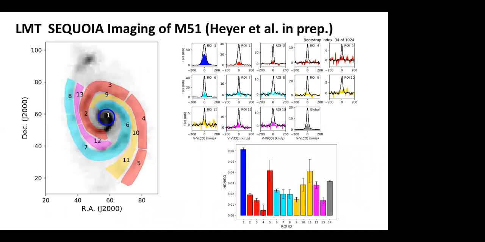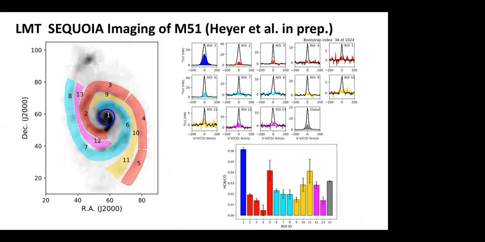Here, what Mark Heyer, who was leading this project, is doing is looking at the ratio between the dense gas, meaning density of 10 to the 4 and above, to more diffuse molecular gas with density of 10 to the 2 to 10 to the 3. But here, breaking up geometrically, and then looking at the spatial dependence. So in the blue region, which is the nuclear region, he finds that dense gas fraction is much higher, about a factor of 2 higher.